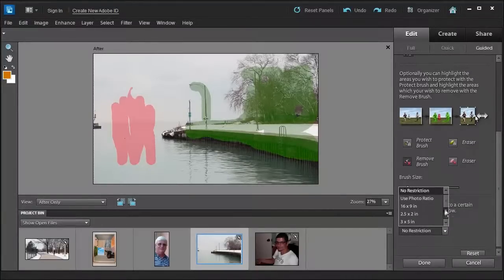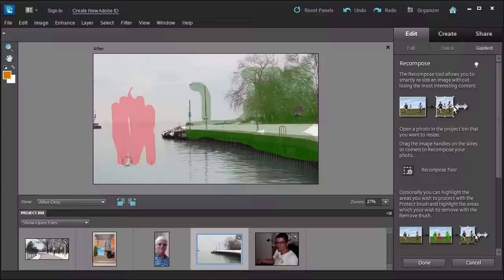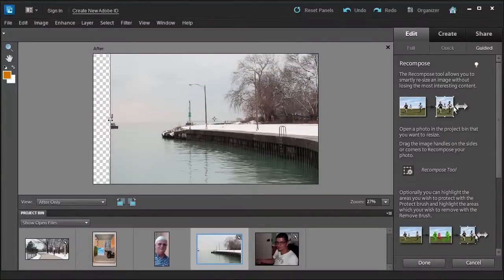You can have a 3x5, 4x6, 5x7, or no restrictions. I'll pick no restrictions. I'll go ahead and click the recompose tool, and you only get two sides. You get the left or the right. So let's choose the left and see what happens. And as I move this in,